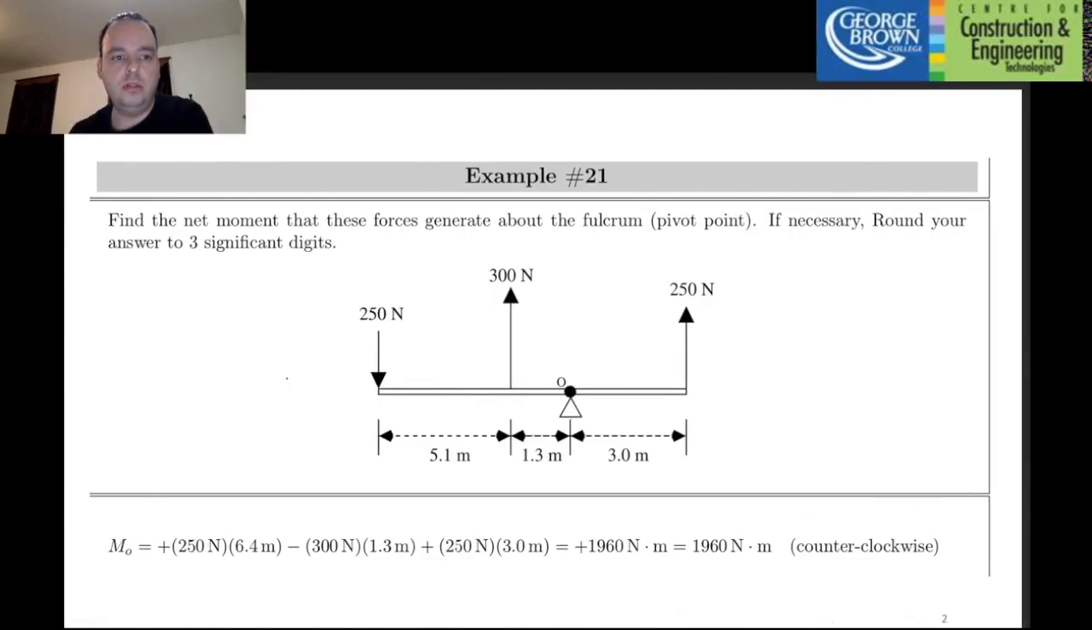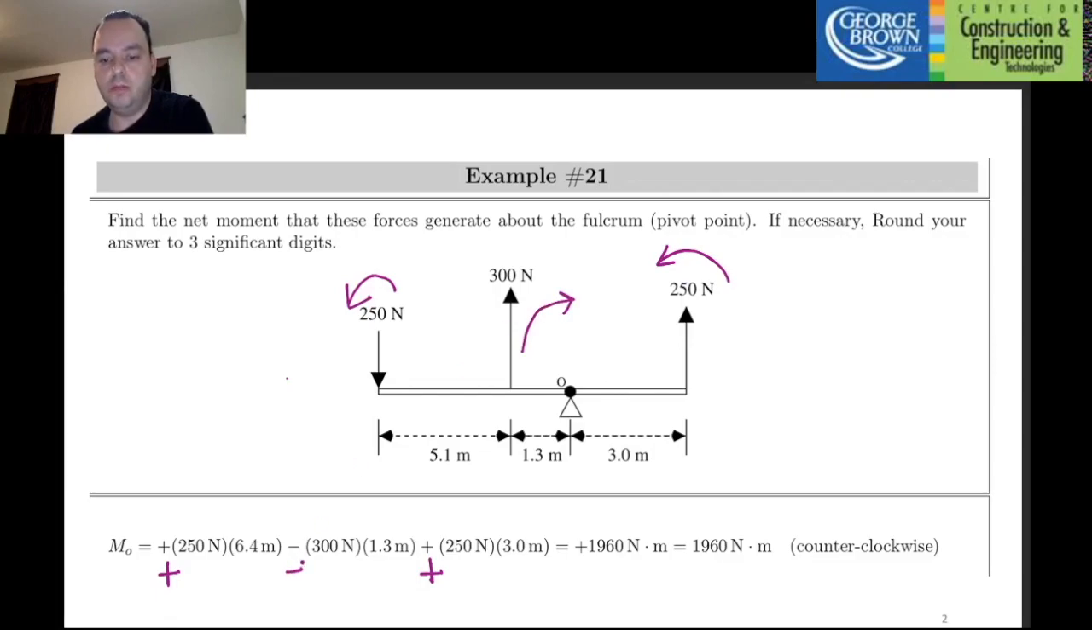The next example is similar to the one we just covered. Notice that in this situation there are again three forces. However, their directions are not necessarily the same as the previous example. This direction is still going to be downward and will therefore have a counterclockwise moment induced by that force. And this force over here will also induce a counterclockwise moment since it's acting upward. That's indicated by the two plus signs here. Finally, this 300 Newton force will generate a clockwise rotation and therefore is represented by a negative here in the